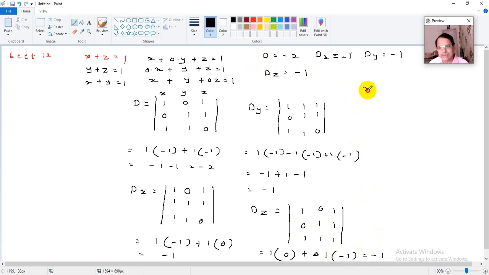So now what is x? It is dx upon d. What is y? It is dy upon d. And what is z? It is dz upon d. Now you just put the values. Dx is what? Minus 1. So it is dx upon d is minus 1 upon minus 2. Correct? So it comes out to be